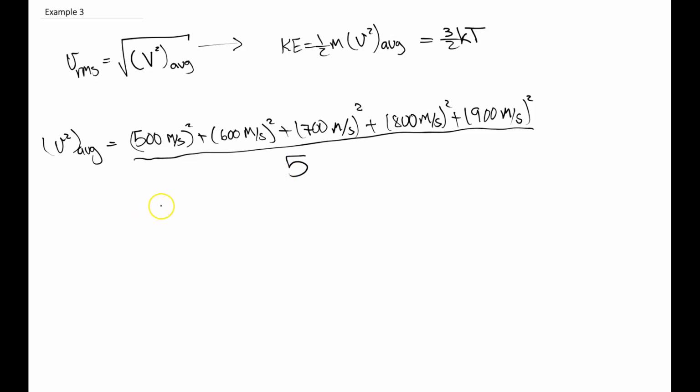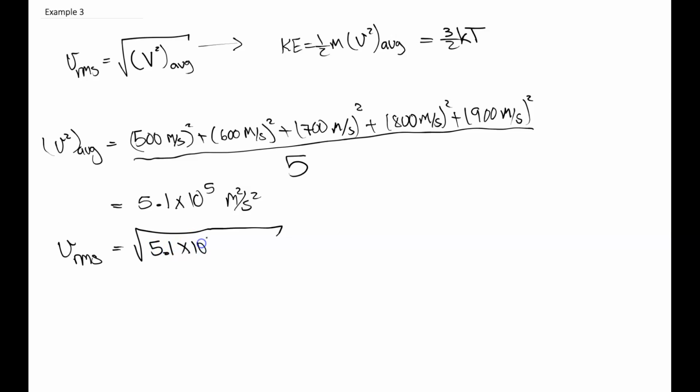So normal way of finding averages, and that gives us 5.1 times 10 to the 5th meters squared per second squared,